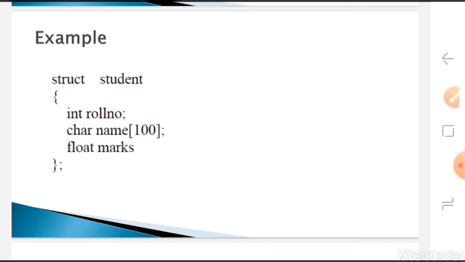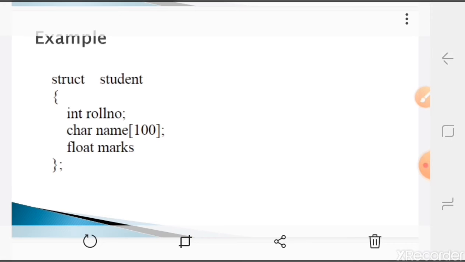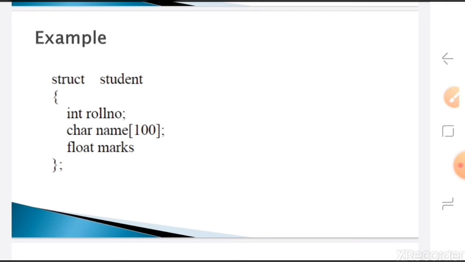So we are defining these all three, which are logically related to each other for a single student. That is nothing but one structure we are going to create. That structure name is student, which we gave here. You can give any name to this structure. Like this, you may have employees. That employee can have employee id, employee name, then salary, job description, anything like that.